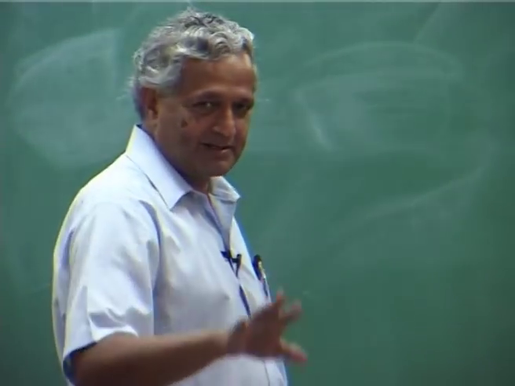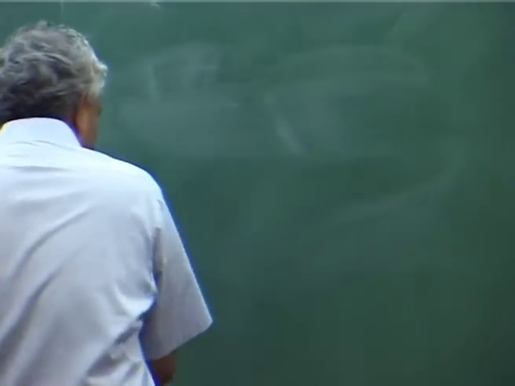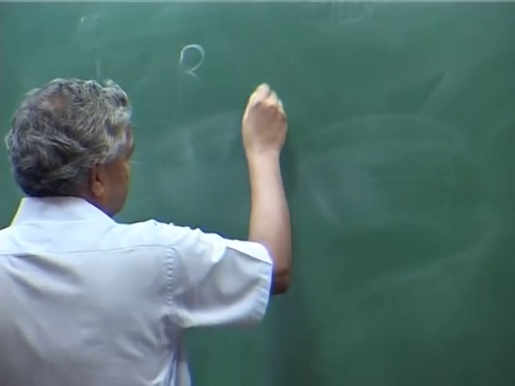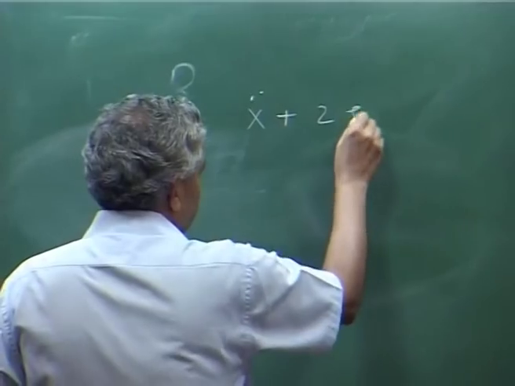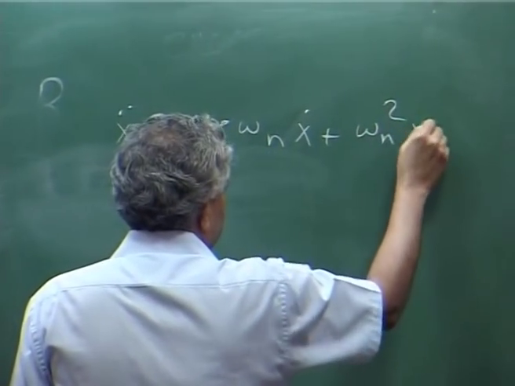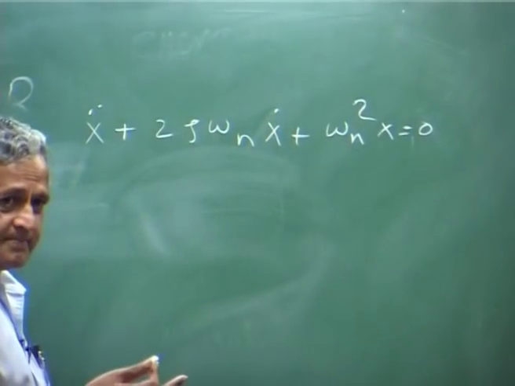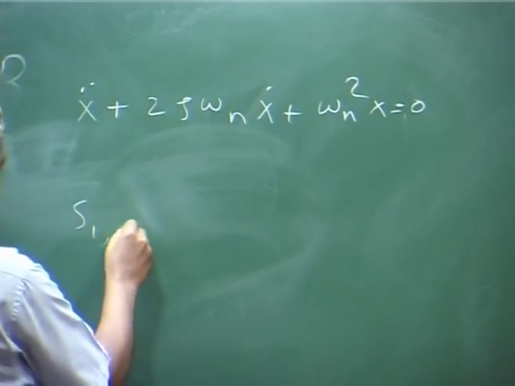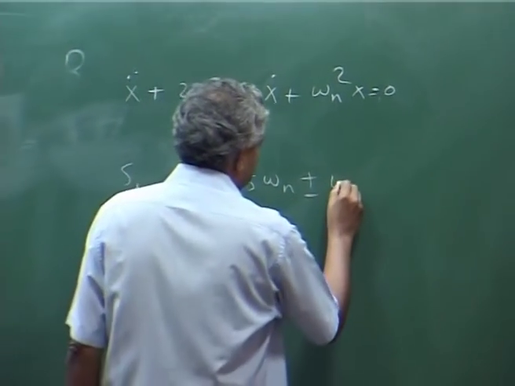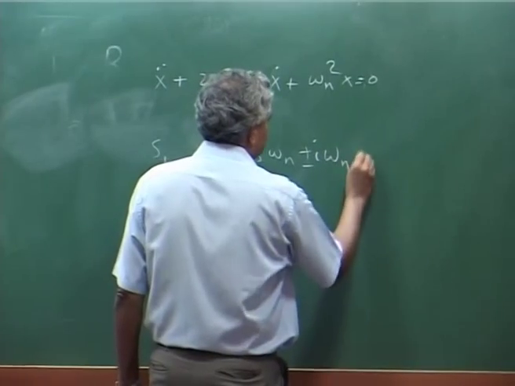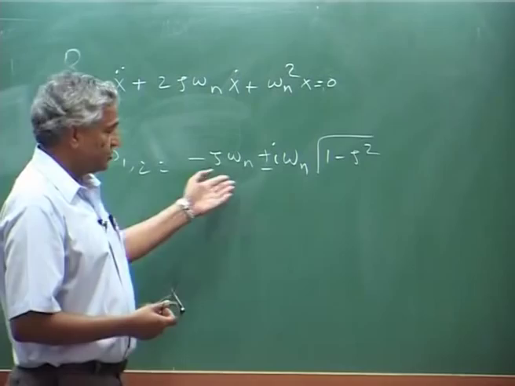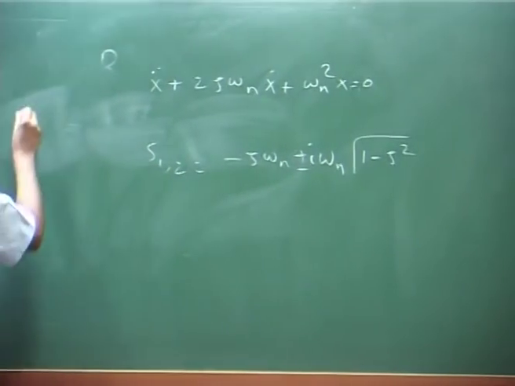It is not necessary, I will just tell them. See, root locus is, suppose you have this equation, you get the homogeneous equation roots. The roots are minus zeta omega n plus or minus i something. This is the root. So, basically root locus is you take the